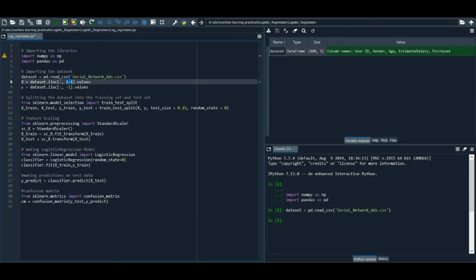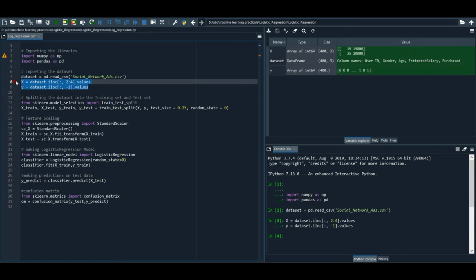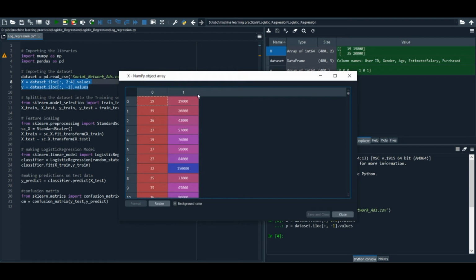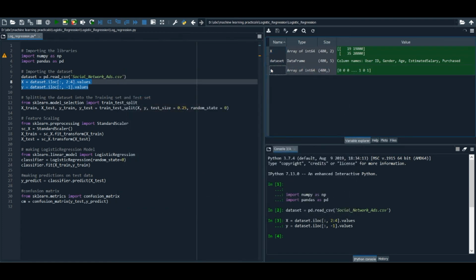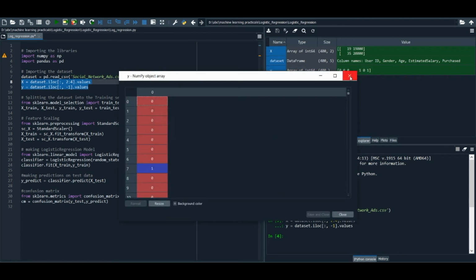And after that we are going to create a dependent variable y using dataset.iloc, and we specify first colon for all the rows and -1 for the last column, and use .values to make it an array. Now after executing these two lines of code, we can see that we created two variables, that is our independent variable x, that is age and salary, and our dependent variable y, that is purchased.